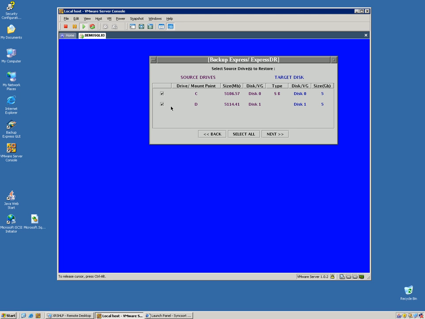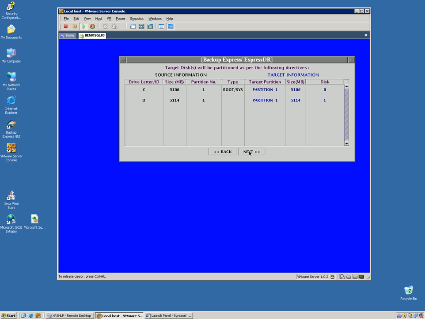Let's assume the database drive D was large compared to C. I can just make the machine bootable, that is, recover the C drive, and after the machine boots up, I can use the instant availability to fail over to my backup destination, in other words, my XR server. So I can just use that mapping function to make D appear as a local drive on the newly recovered box, and then bring the server up, and then later tonight in my maintenance time I can then push the data back to my local server. So I'm going to do C and D for recovery,